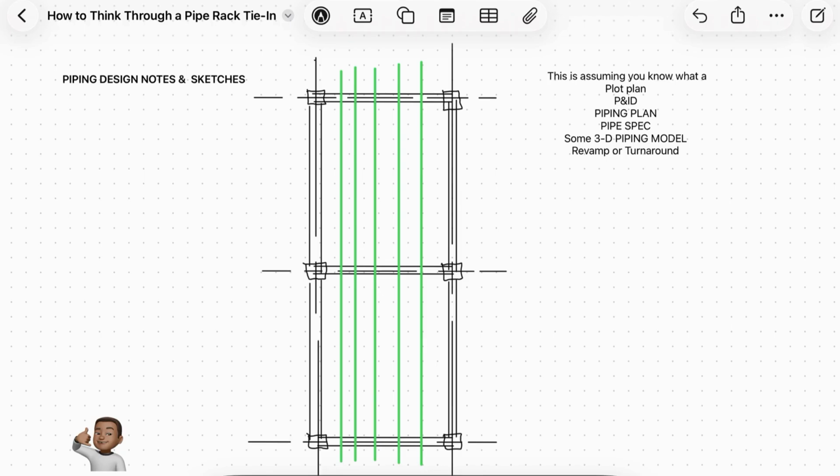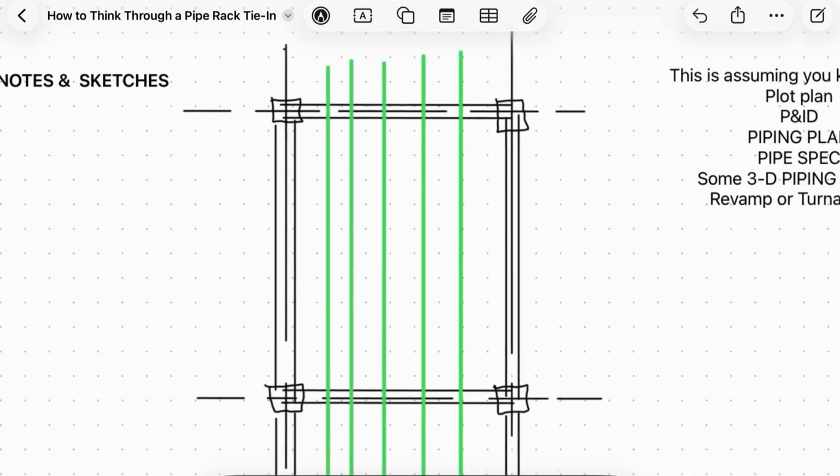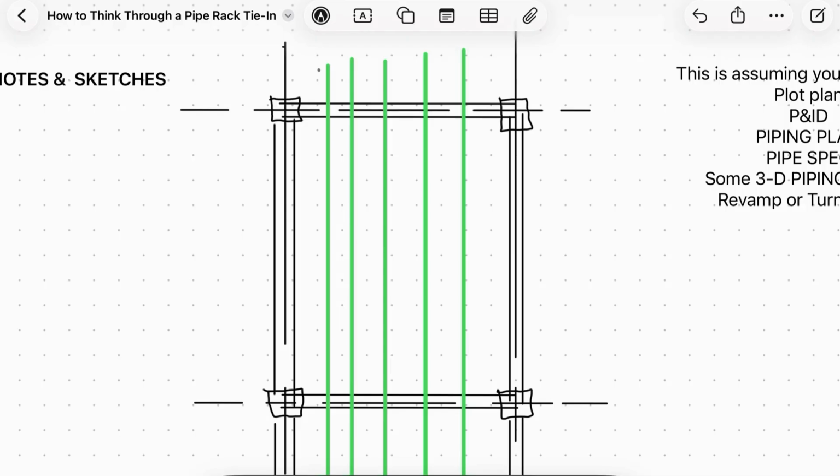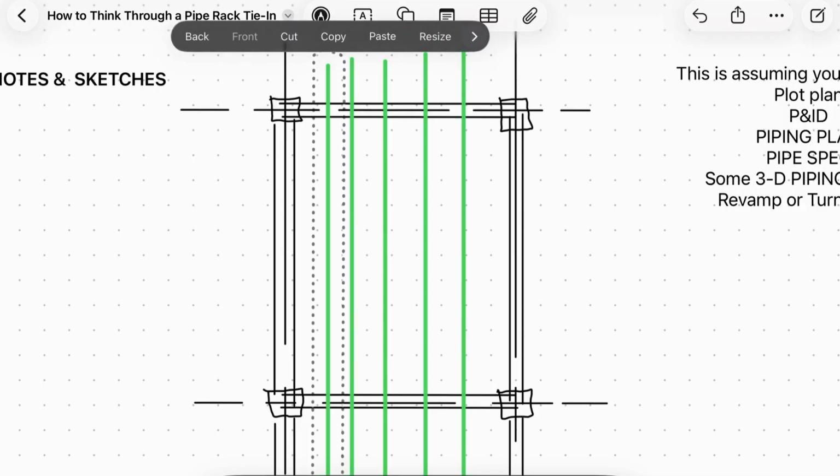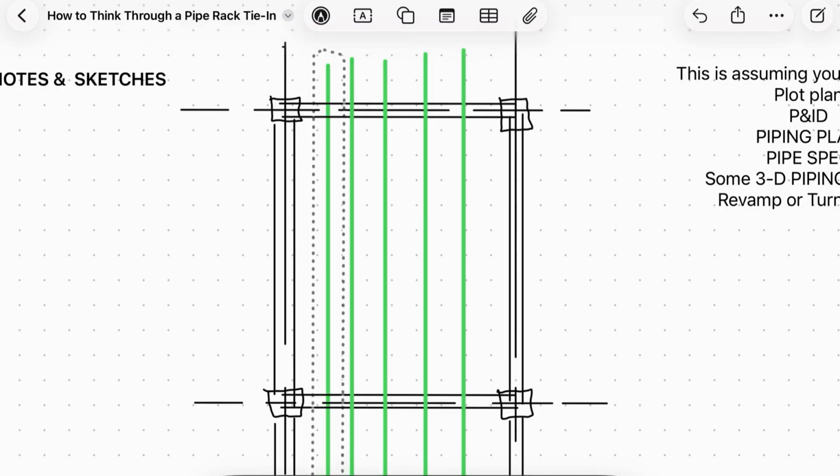So what I've got here is a rack. I've got the columns. I've got the green lines here as existing lines in the rack as they typically are. Trying to get going here. Let's see, let me put some